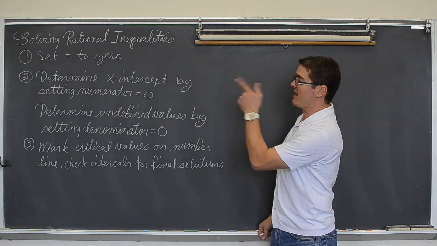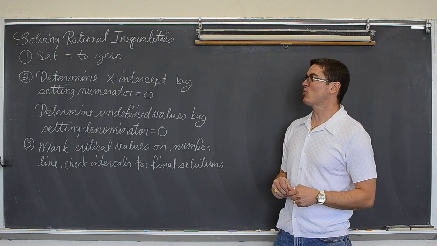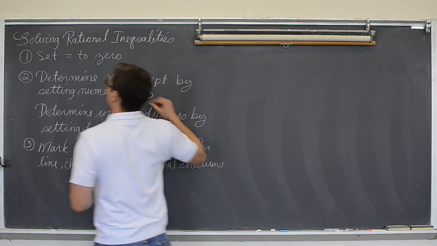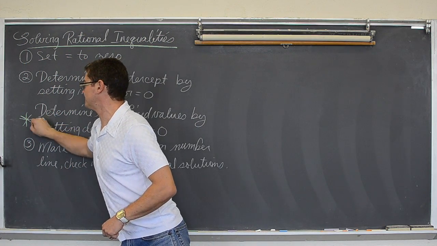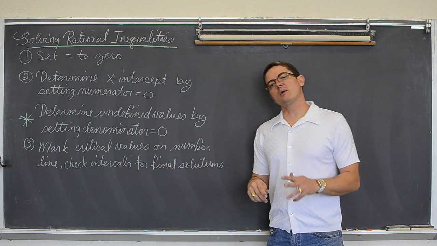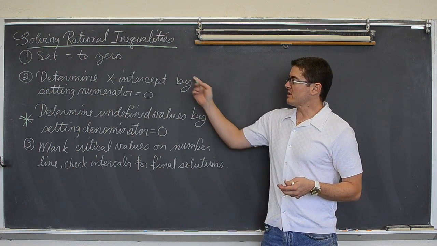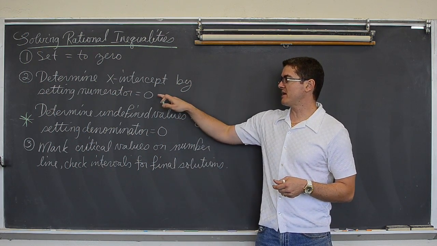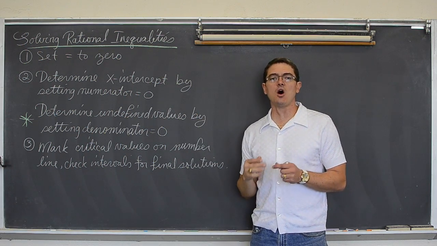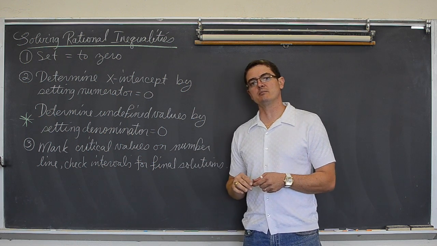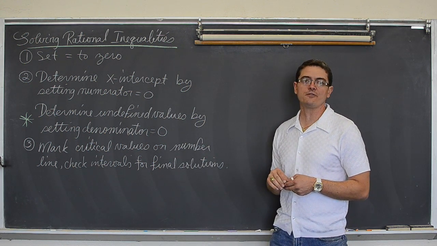We just got done working on a couple of polynomial inequalities, and today, in this video, we're working on solving rational inequalities. Almost exactly the same directions, except for this part right here. We're still going to get our rational inequalities set equal to 0. We're going to determine the x-intercept by setting the numerator equal to 0. And this is the only step that would be required if you were solving for a rational function. But when it's an inequality, you have to do one more step and mark off where it's undefined.